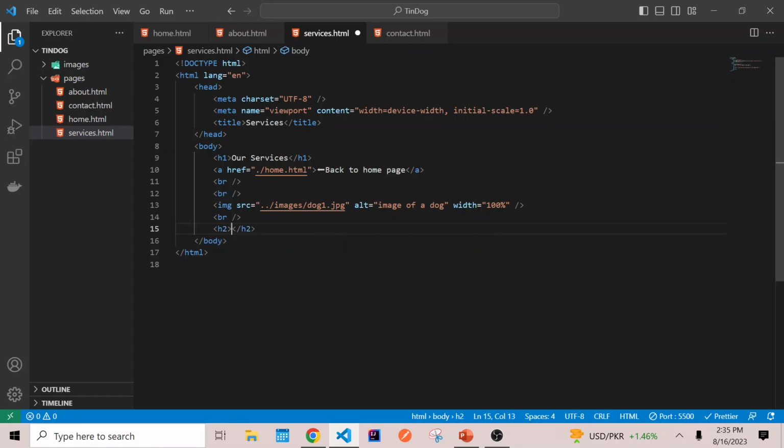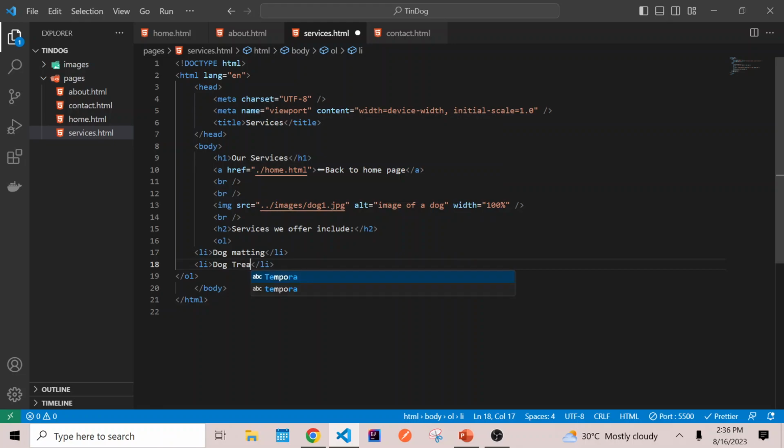So we can have an h2, and we can have services we offer include, and then here we can come out of the h2, and then we can put an ordered list here, and inside the ordered list we can have dog mating, we can have dog treatment, we can have dog therapy,